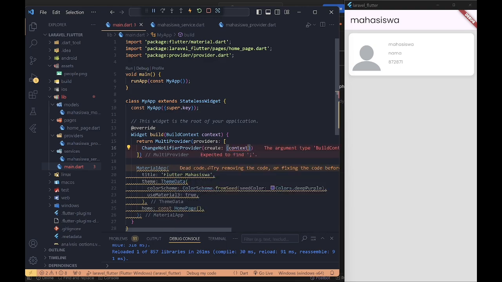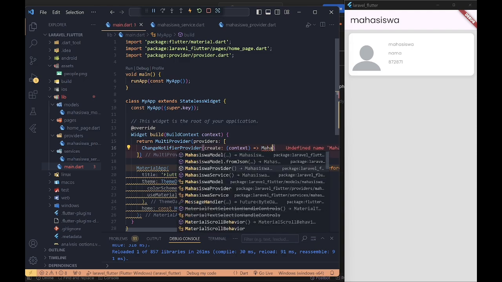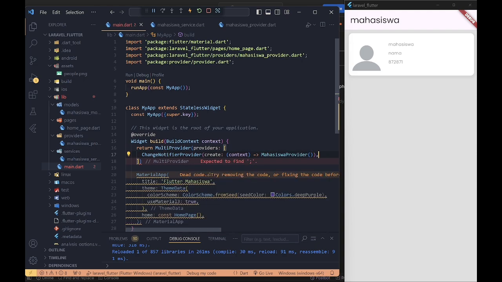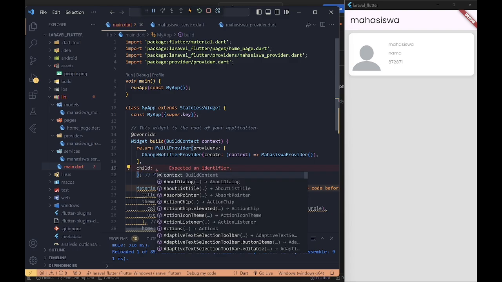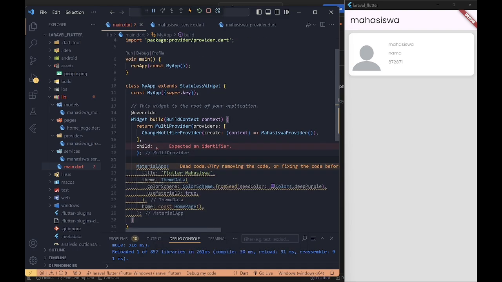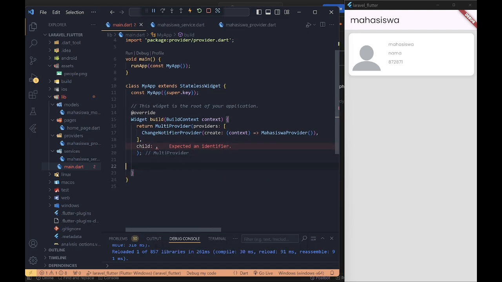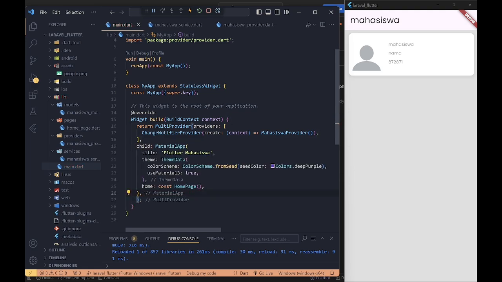ChangeNotifierProvider, create, context. And I add child, and this I cut to be this.